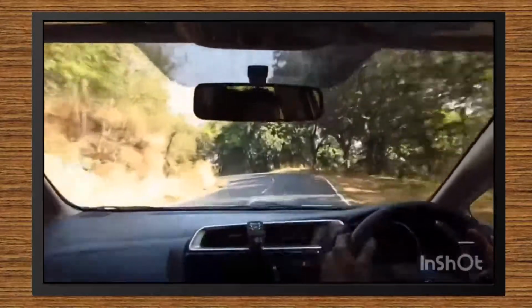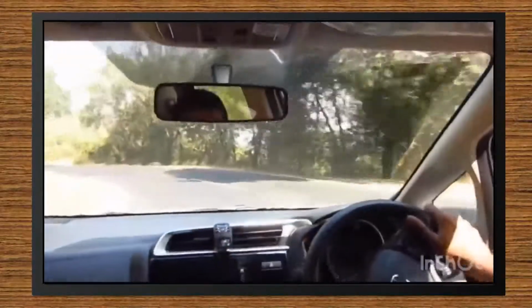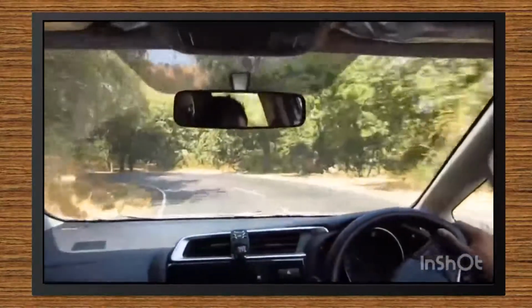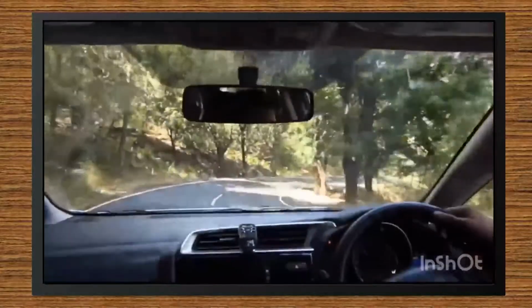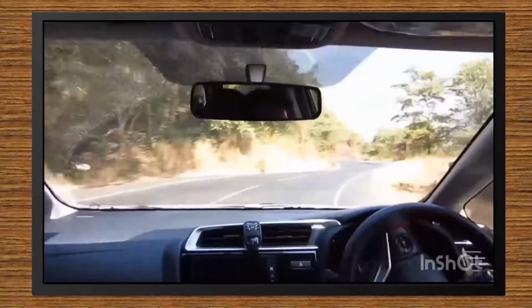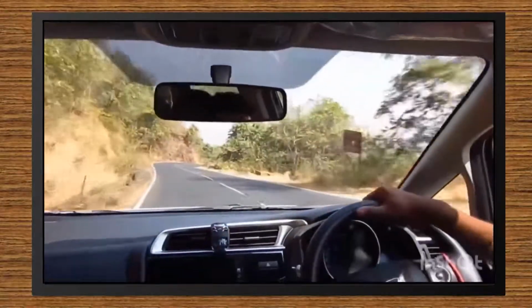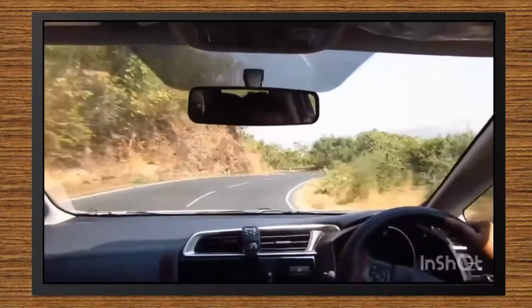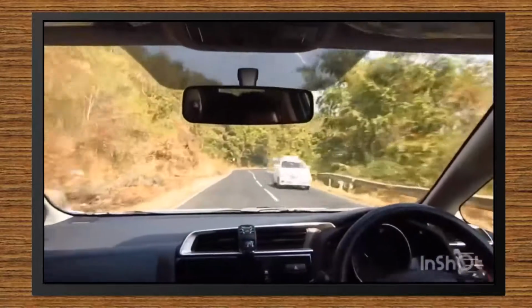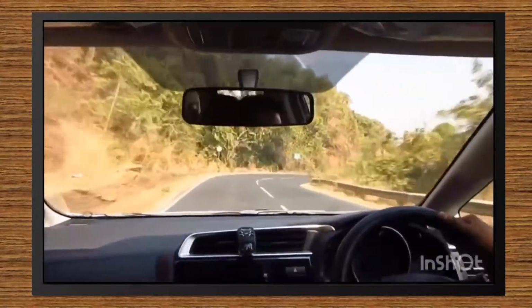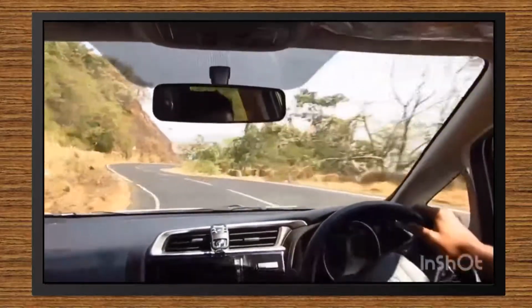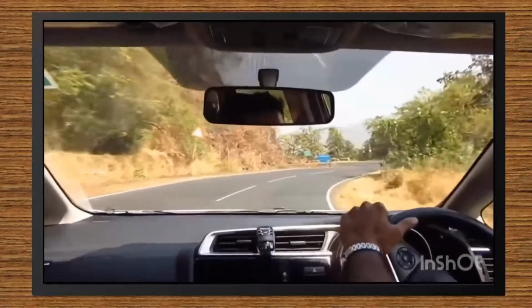As we all know, roads are not very straight; here and there we will have turns. So the driver has to keep track of these lines and markers, and keeping them as a reference, they need to adjust continuously. They have to keep adjusting the steering wheel to make the vehicle travel in the desired path.